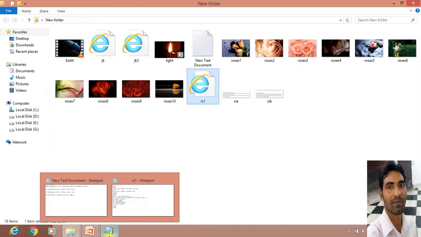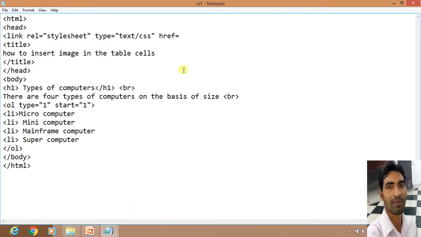And if you make this, then what will happen? Here you can write the file name directly. Suppose my file name is mystyle.css. I have not made this file, but I am writing this because I am going to make it. So my CSS file name is mystyle.css.